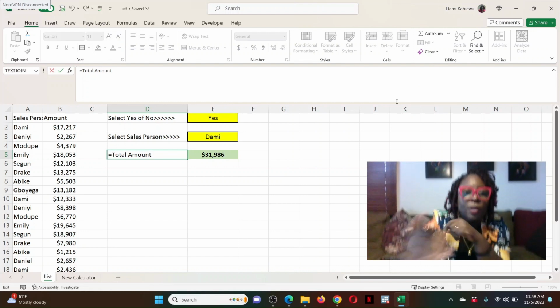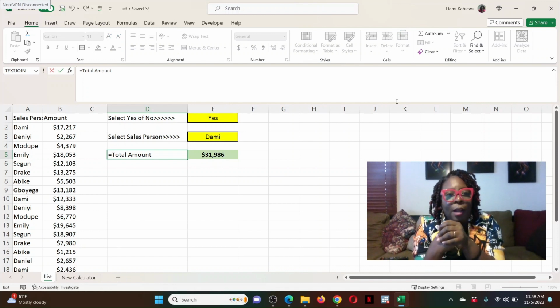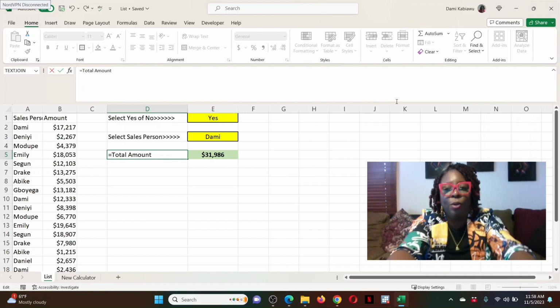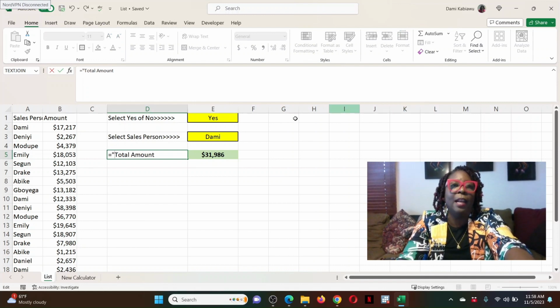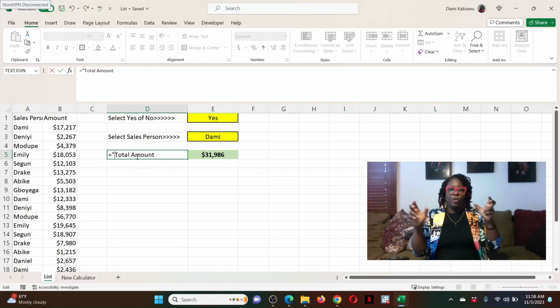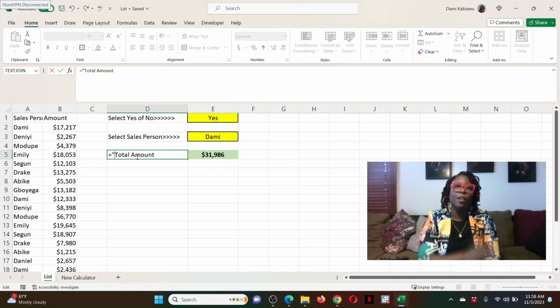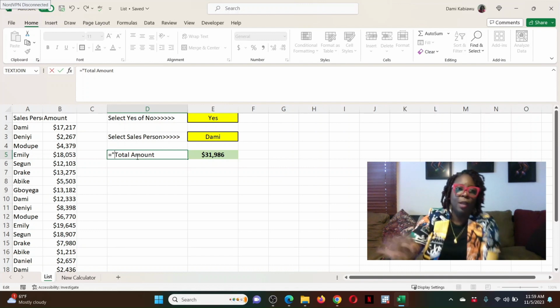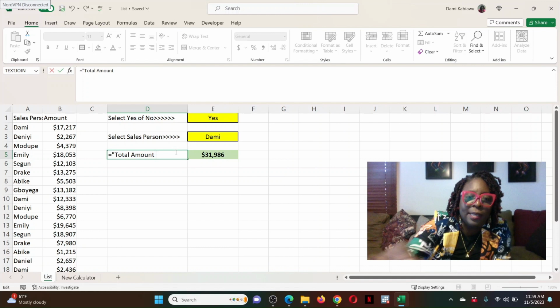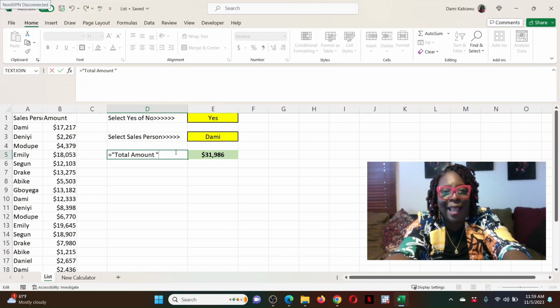So what I'm going to do is click at the beginning here. I'm going to type equals. It turns that cell into a formula. I'm going to have the text, total amount. I'm going to put it in double quotes, because when you're typing text in Excel and using it in a formula, Excel prefers to have it in double quotes. So total amount, I'm going to put a space here, close it, and